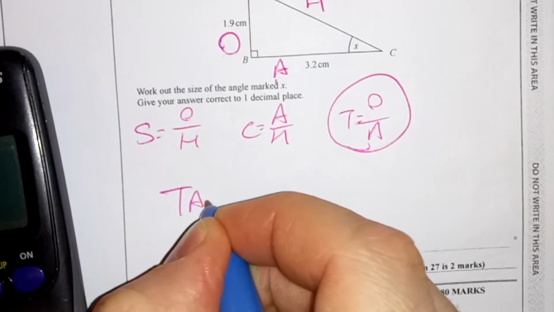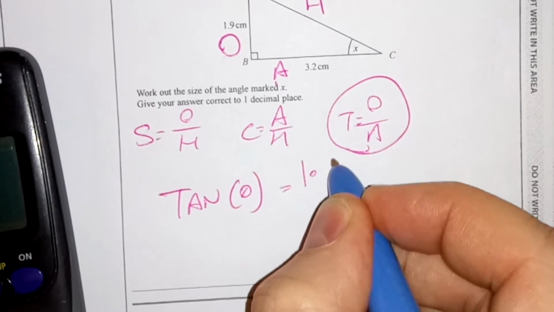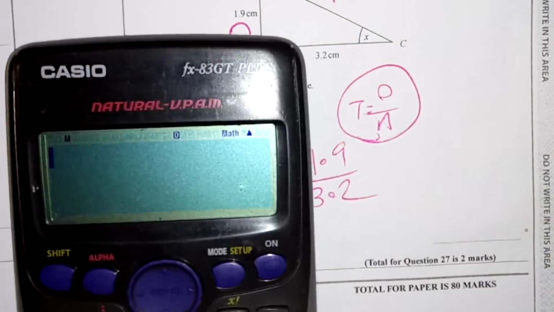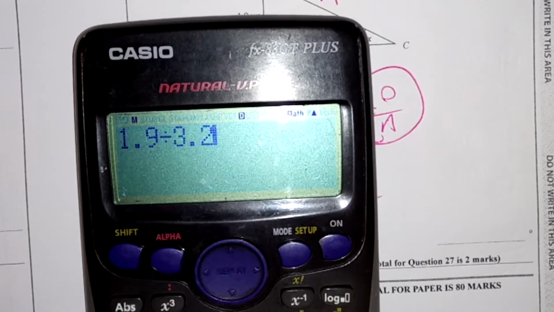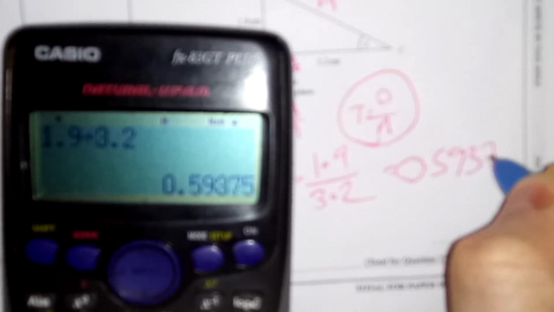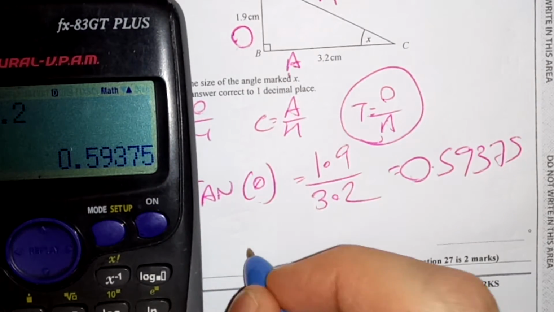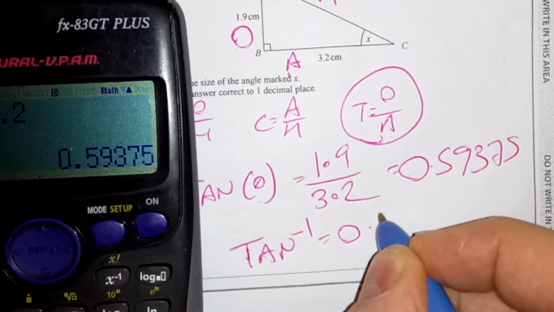So I've got tan of the angle equals opposite is 1.9, adjacent is 3.2. So do 1.9 divided by 3.2, okay, which is this 0.59375. But we want to get the angle, so we have to do the opposite function of tan, which is tan minus 1 of